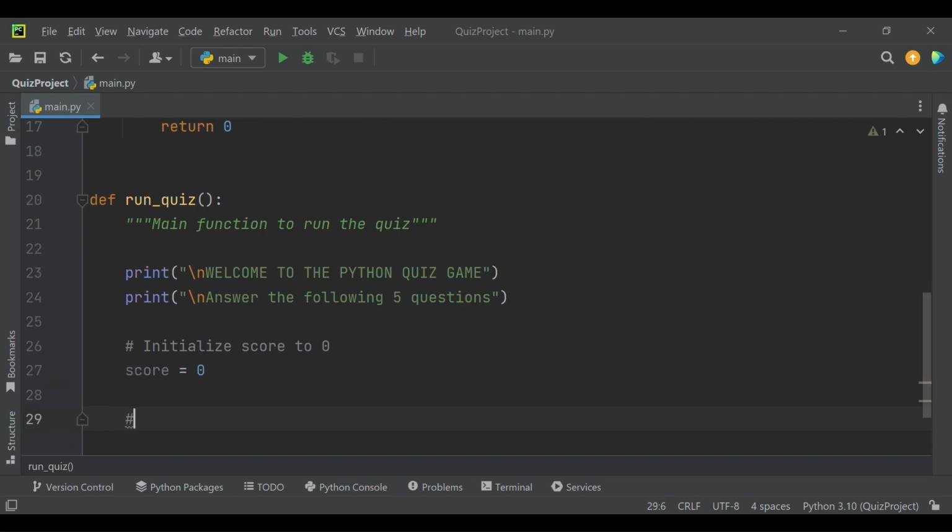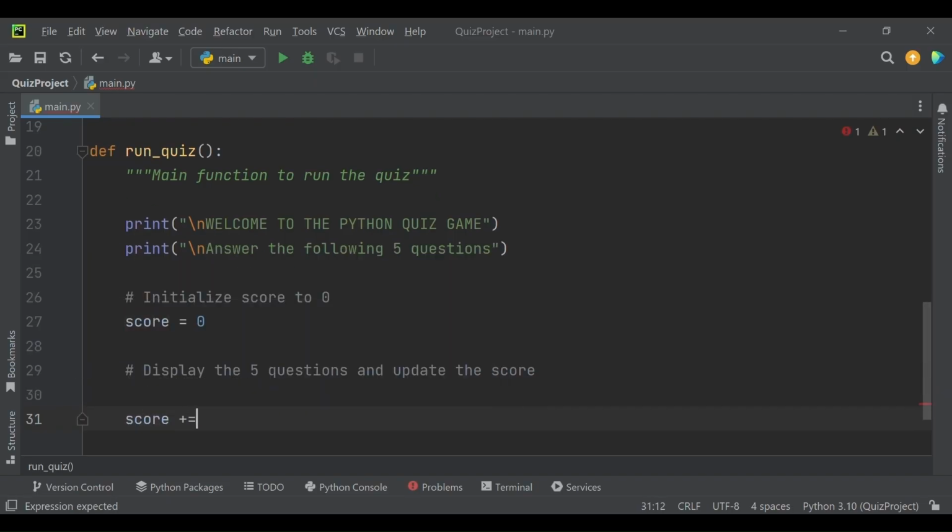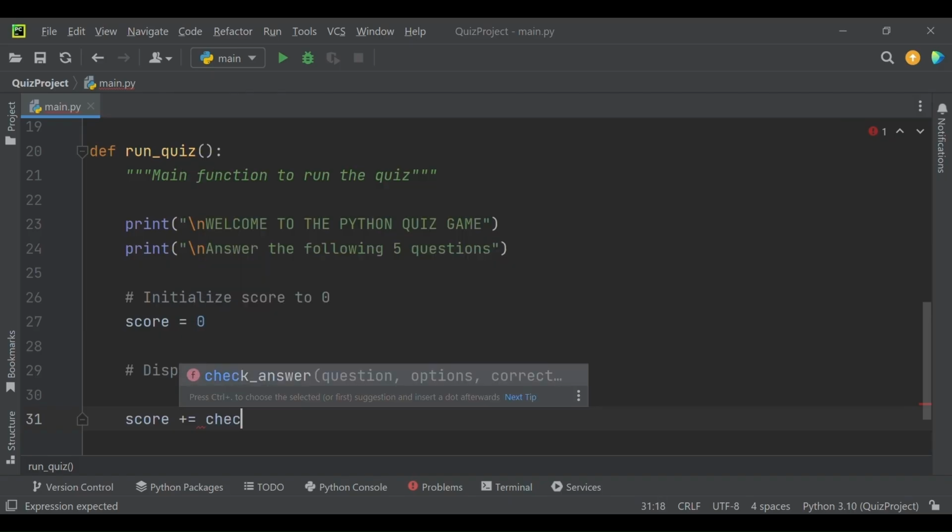Now we are going to enter, or you can say display, the 5 questions and update the score accordingly. So here we are updating the score, we are incrementing the score based on the result of a particular question, based on the option that the user chooses while answering a question. Alright, in order to update the score, we will have to first display the question and its options and then tell the user whether the answer was correct or not, and this logic has already been implemented in the above